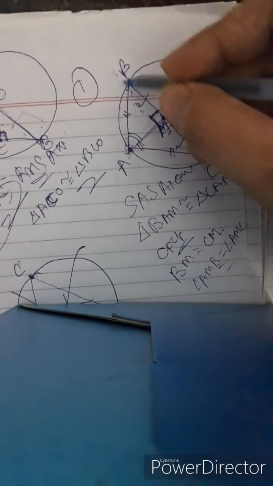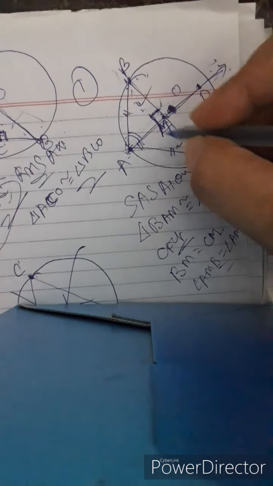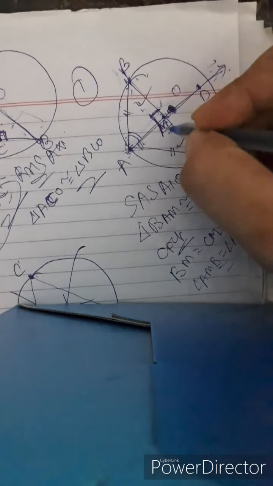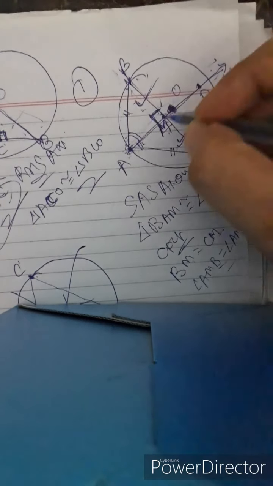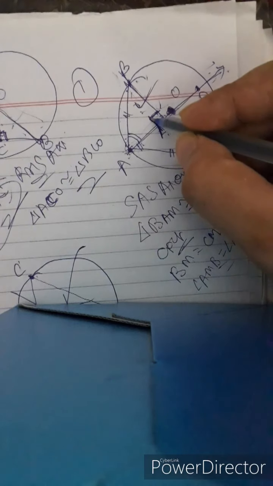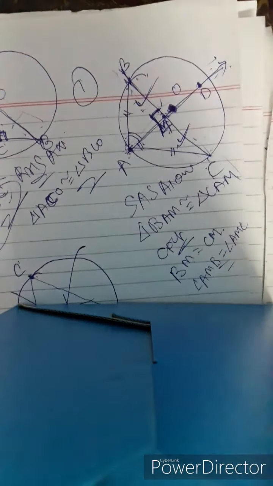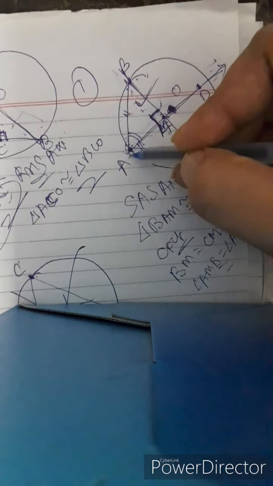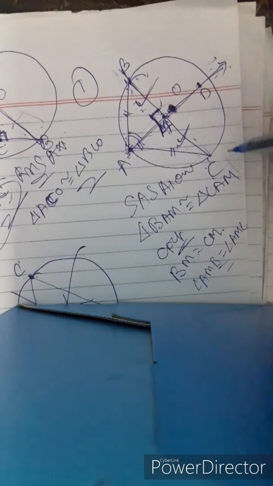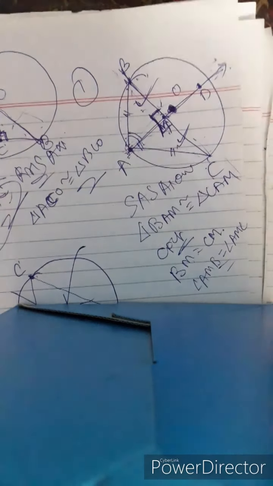We have taken these two triangles, and we have proved their congruency. After proving their congruency by CPCT, we have taken this side equals this side, that is BC is bisected by AD, and we have taken that this angle equals this angle, but since their sum is 180 degrees, therefore angle AMB becomes 90 degrees. As a result, we have proved that apart from AD being the bisector of chord BC, AD is also perpendicular to BC, since angle AMB becomes 90 degrees.